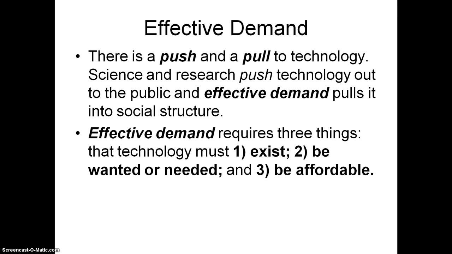Two are essential. One, it requires that technology must exist. If it doesn't exist, there's nothing to use, right? It also must be wanted or needed. If we don't want it and we don't need it, guess what? We're not going to use it. And three, for the most part, we need to be able to afford it. The more people can afford something, the more they're going to use it. All you got to do is think about plasma TVs. Nobody was buying them when they were $8,000, but now that they're flat TVs, that's all people buy anymore, right?